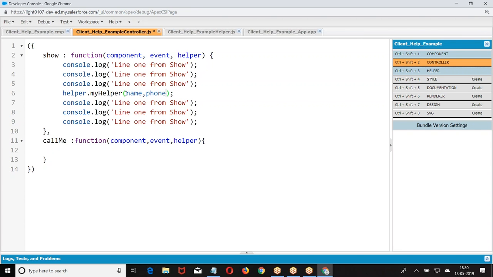I'm making the point very clear here. When you want to reuse the functionality, then we are going to define it as a helper. When you have multiple functionalities that are going to use the same set of code, we can define it as a helper.